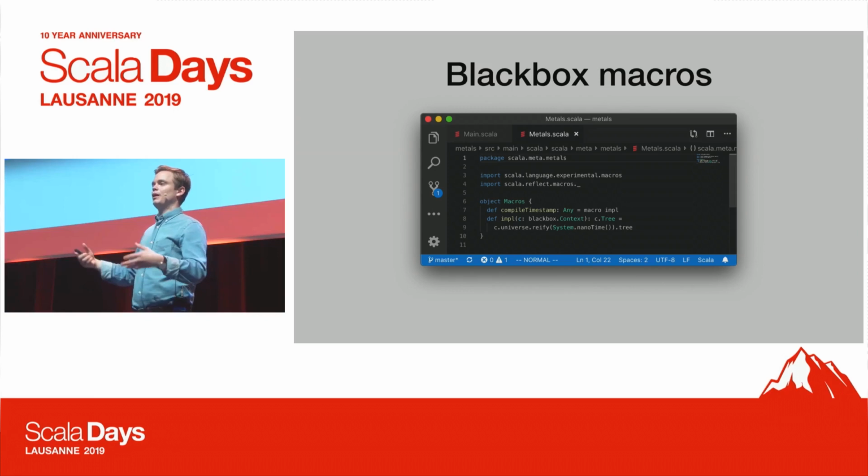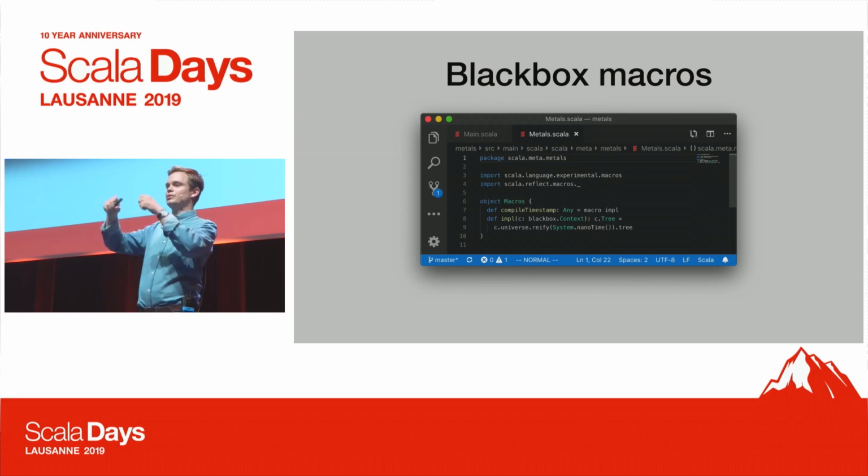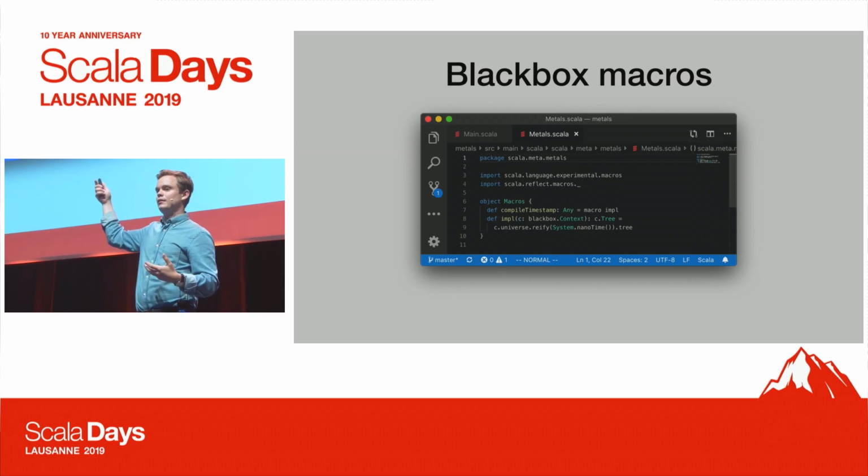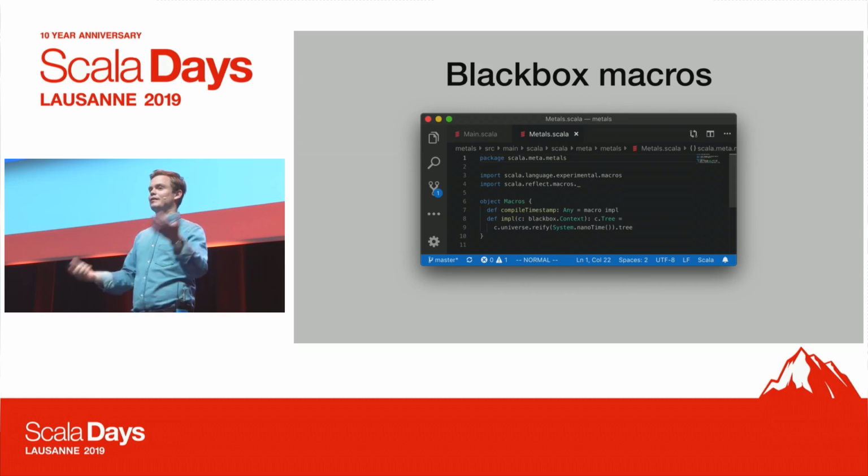So what happens is that the compiler will invoke this code, it will execute it at compile time, and then put in a new syntax tree based on what you expanded. And just observe here that it returns a Long tree, but it's annotated as an Any. I'll explain that in just a bit. But black box macros have this really nice attribute that you can disable them and they don't affect completions in any way. So the completions are totally accurate even if you discard them. You're just getting a 150 millisecond shave after your type checking, which is awesome.